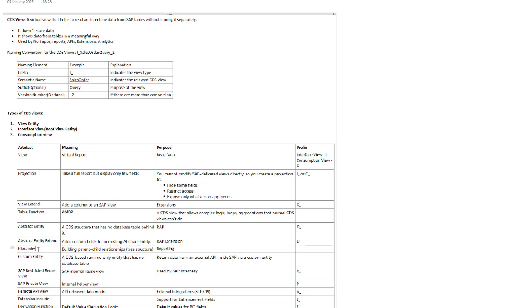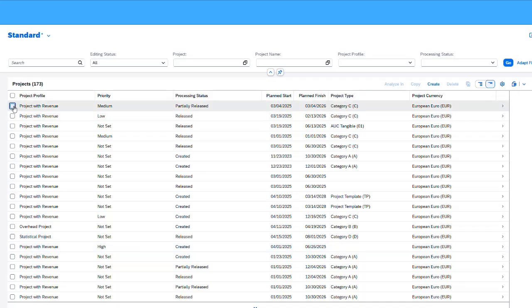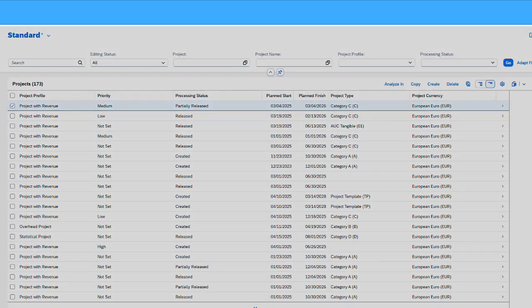Hierarchy. Hierarchy is like, for example, consider we have a sales order header and a sales order item. It's like parent-child information. If we want to display the data as a summary of the sales order header, and in the child we need to display, whenever the user clicks on a particular thing, it should display as a tree structure. The best example for this is